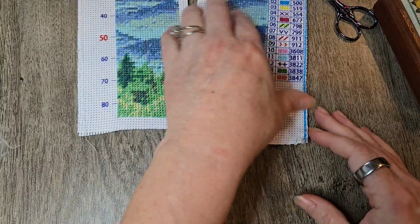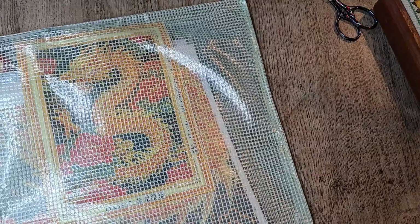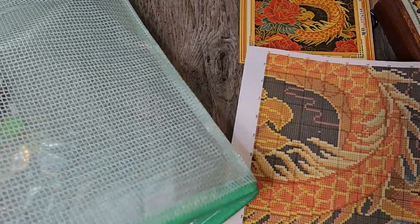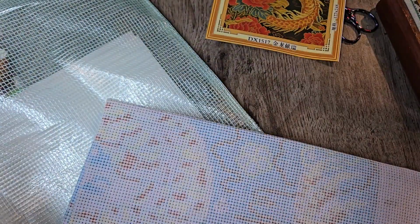So I thought I'd show you another example, and this is from a product review package that I've done, and I'll show you what I decided to do with this. So this is a Mona Lisa Dragon kit, and I chose the cotton floss instead of the silky floss. But I thought, you know, that background is just going to wear me down because it's a lot of black. So I thought, I wonder what'll happen